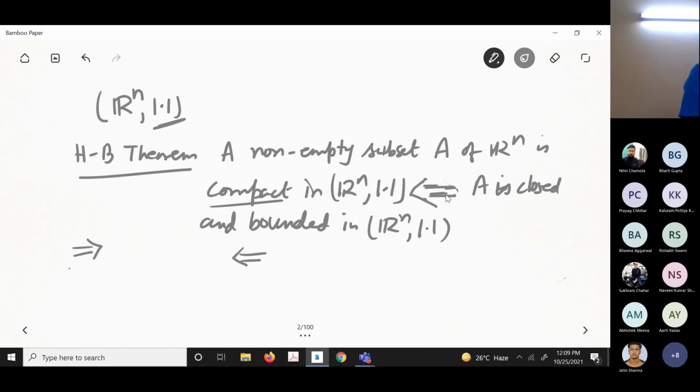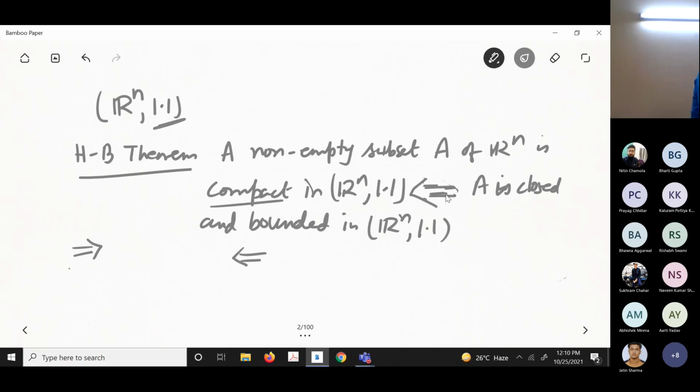I have already told you about the applications of it, particularly that problem. Part of the problem I have given in the minor. Here I have given a historical reference. Heinrich Heine was a German mathematician. He worked on PDE and special functions. Heine introduced the concept of uniform continuity. And Emil Borel, that I told you, was one of the founders of the modern theory of functions, along with Baire and Lebesgue.